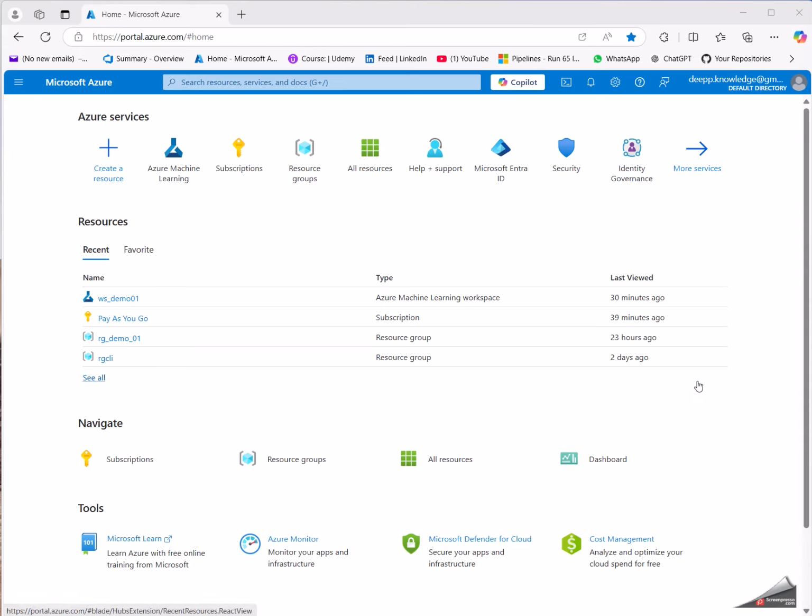If you are looking to streamline your Azure machine learning setup with CLI version 2, you have come to the right place. In today's video, I will show you how to create a workspace in Azure machine learning using CLI v2. In the last video, we tried to create the workspace, as you can see here, workspace Demo01,